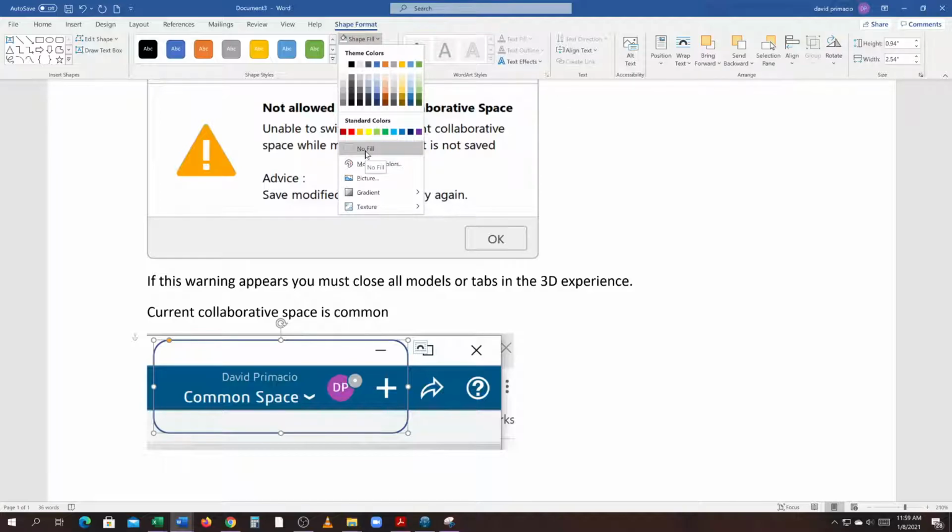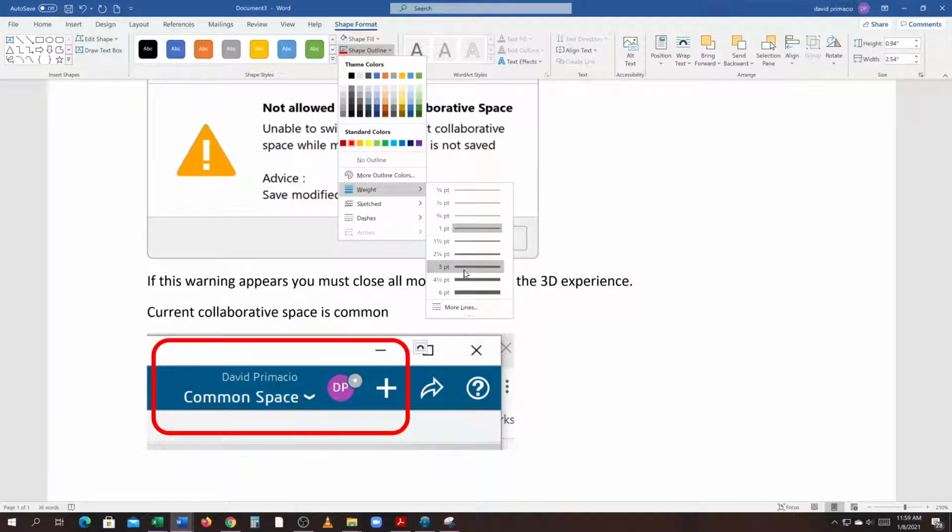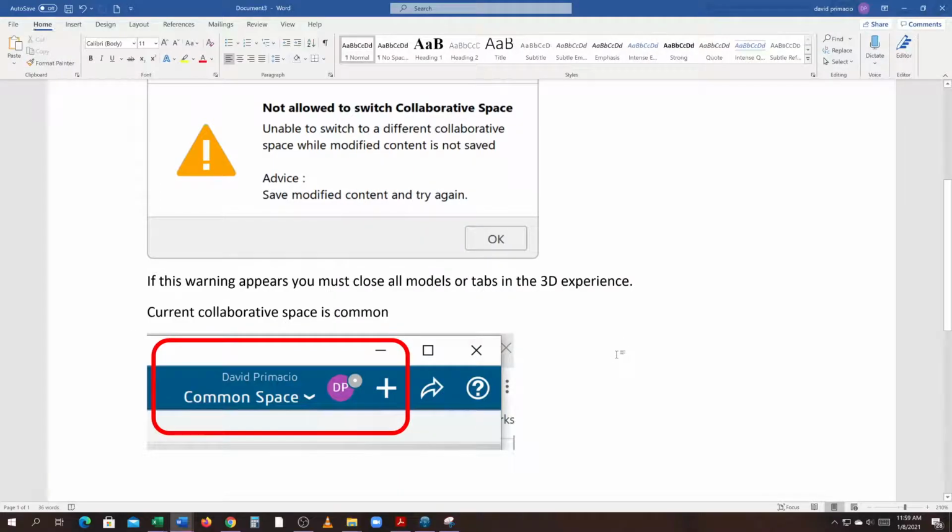So I did a no fill on that. I click on this to make the border red, but I don't like how the line weight is so thin. So you can change colors if you want. I like red. I think it sticks out. And I'm going to change my line weight, beefing that up a little bit so it shows up a little more. Now I'm going to show steps